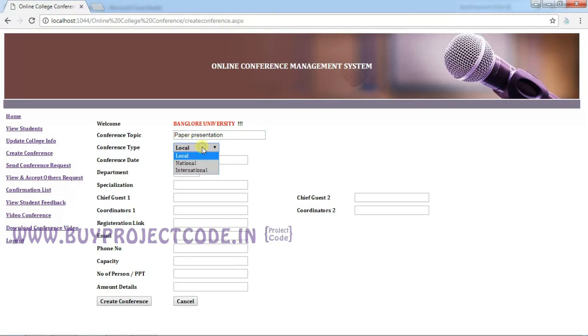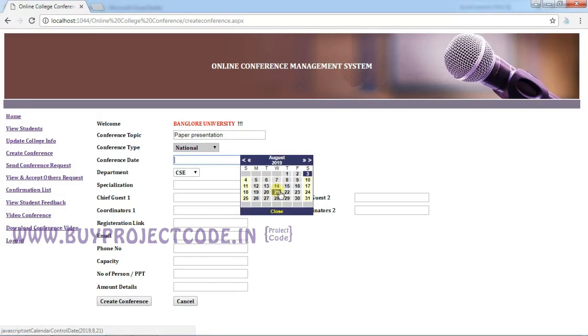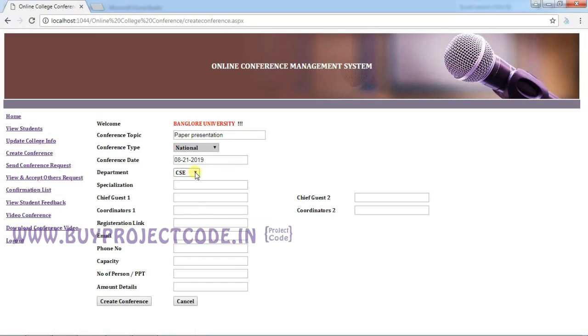and then the conference type, that is national, international or local. I'm going to choose national, and choose the date of the event, that is the date of the conference, and the department. For specialization I'm going to type robotics, and the chief guest name, so just fill in the name of the chief guest, and the coordinators of the event,